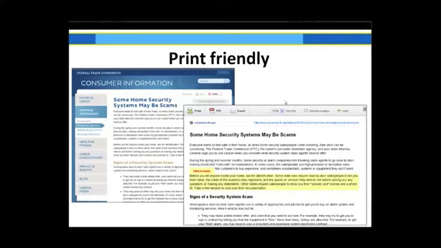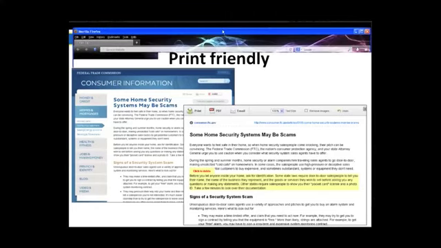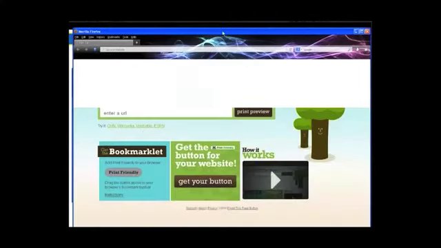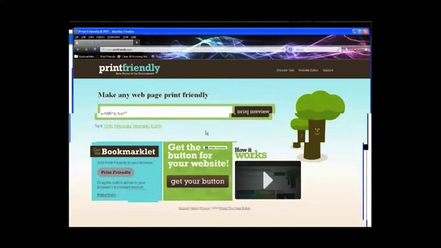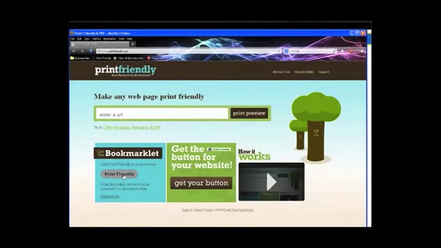You can see here from the ftc.gov website, it eliminated the sidebar and gave all the text. You can click on it to delete text and arrange it. You can print it, email it to yourself, or send it straight to a PDF. Print Friendly is really great. You can go to printfriendly.org and just paste in the URL. What I really love, and I use it quite often, is the Bookmarklet right here, which for Chrome and Firefox,